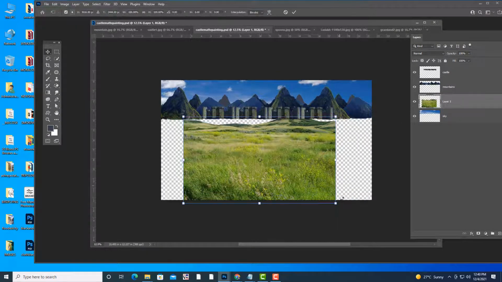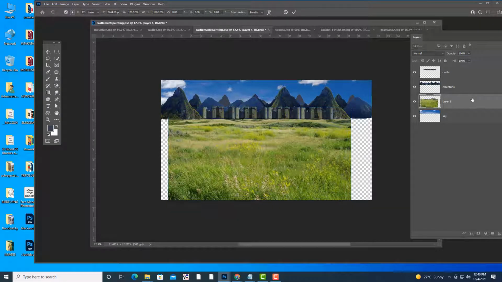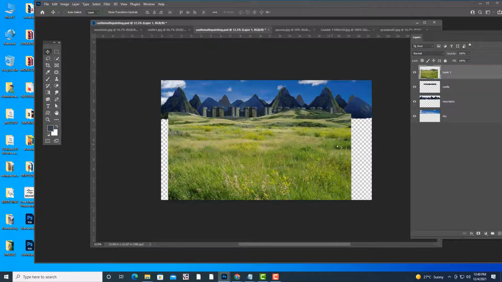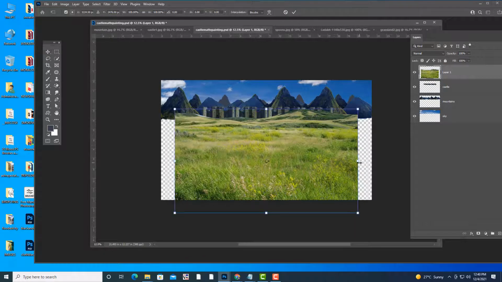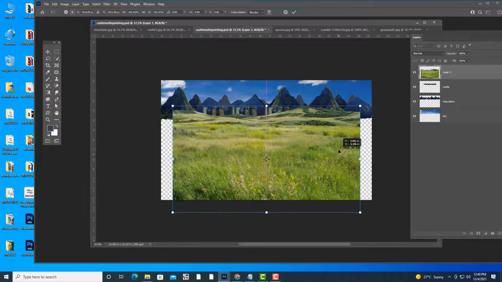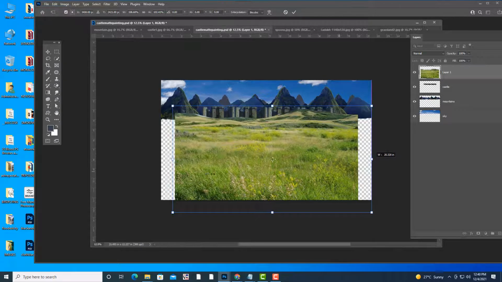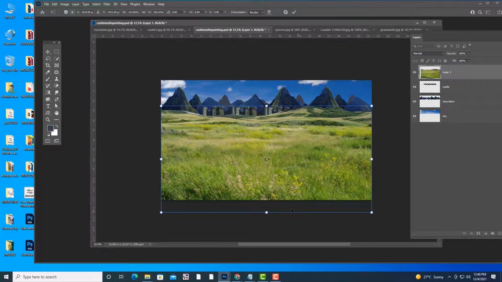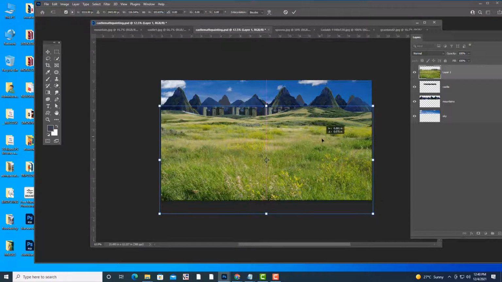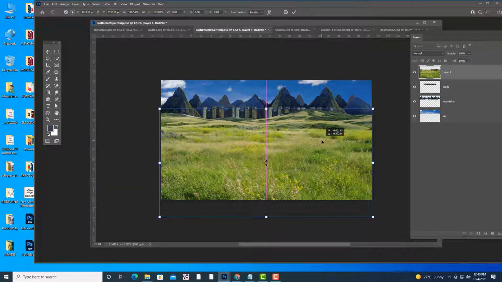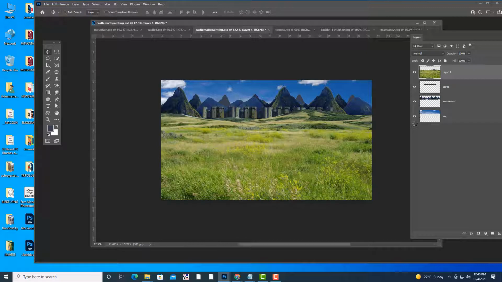We will try to adjust it. It's okay if you stretch it, no problem, but don't stretch it too much. Okay, so this is the grassland.